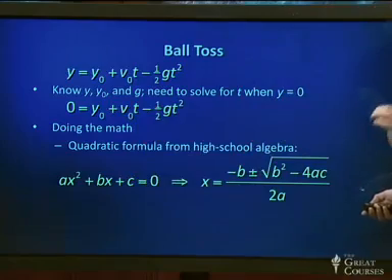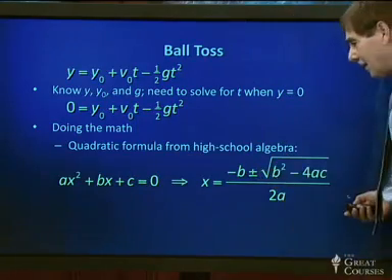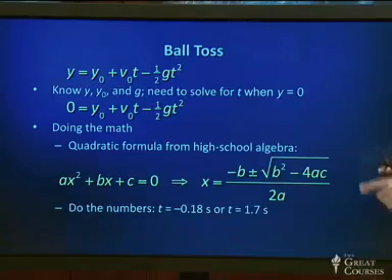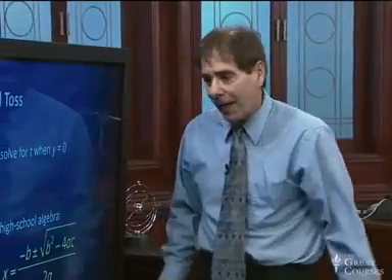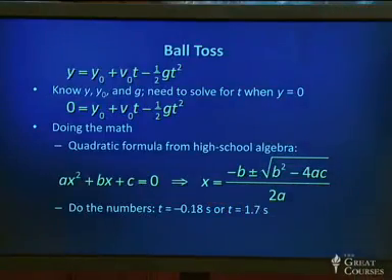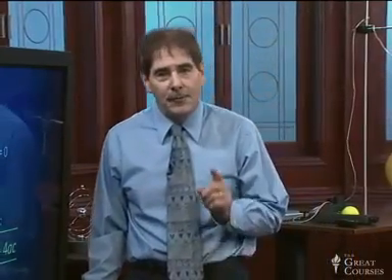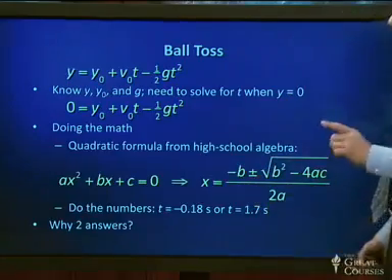And the interesting thing about that solution is it's got two possible answers. That's what the plus and minus signs indicate. And if we do the math for this problem with the numbers we had, we get either minus 0.18 seconds or 1.7 seconds. Why are there two answers? Which is the right answer? Well, before we throw away the answer that maybe looks odd, the negative answer,